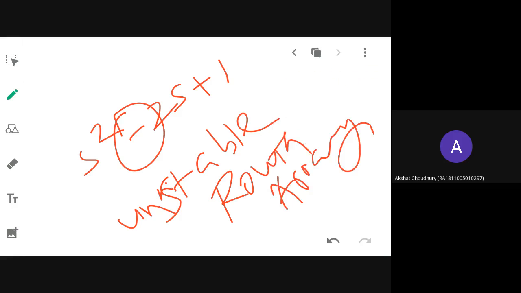Ma'am, the third root should be in the third quadrant, right? It's a minus, which minus one? I think I gave it wrong. Minus 1 by 2 means it will be in the left half only. Suppose it is plus 1 by 2, I think I've written it wrong. Even if the coefficients are positive, there might be a chance that some roots are located in the right half. That is what I'm trying to tell you. Okay, understood or not?